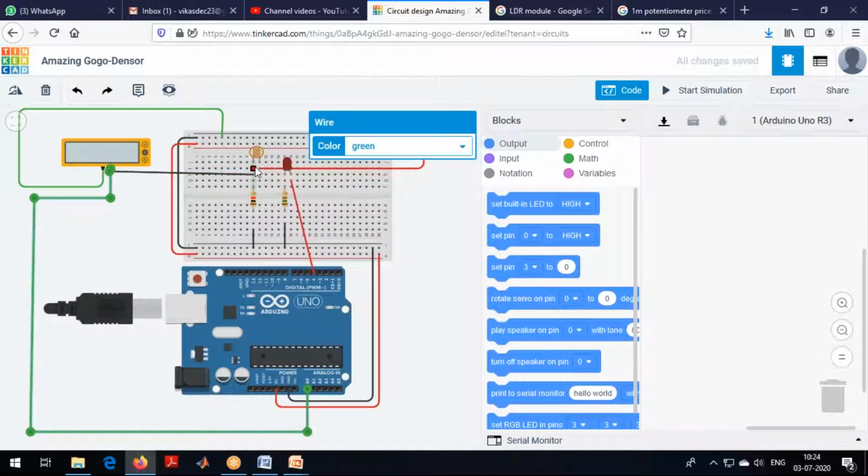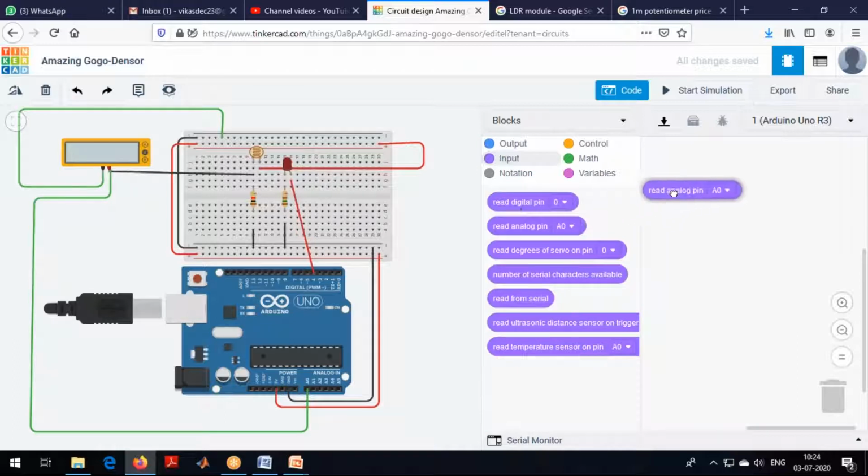See, rather than connecting here, I'm connecting here. Both are one and the same. Now I need to read the value we have at A0 and control this LED. So for that, I'll go to input, read analog pin A0. That's what we want to read.